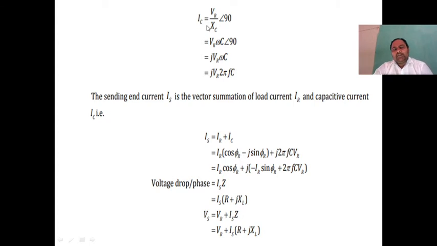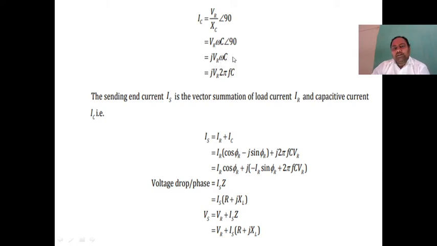So next one is the charging current. Does the charging current lie in the sending end side or the receiving end side? The charging current here has only one capacitance, that is in the receiving end side. The name implies that it is the end condenser method. So that will be VR by XC, so simply VR into omega C.